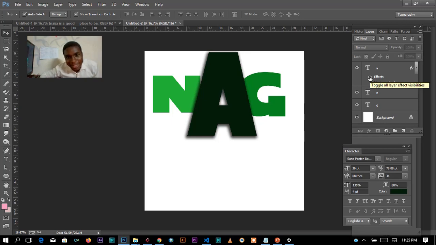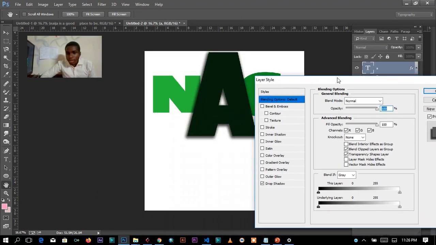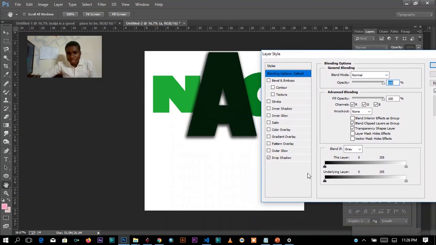Voila! It's back. Gone. It's back. It's as simple as that. Now basically, this is what you could make use of shadow for. Now another thing we could actually do with this whole thing here, now we could play around with